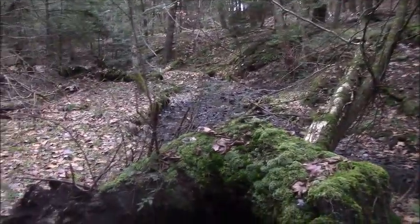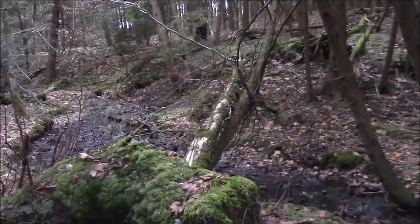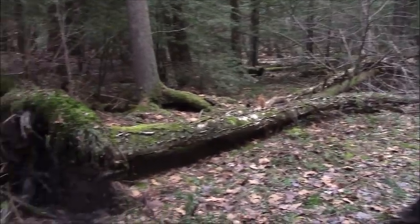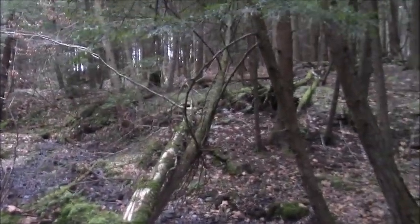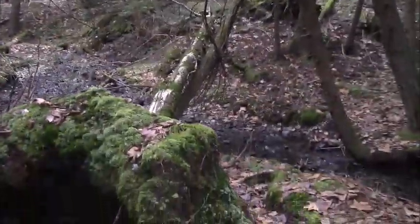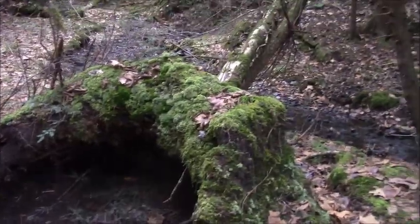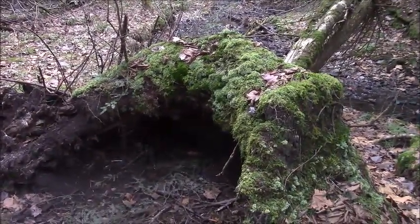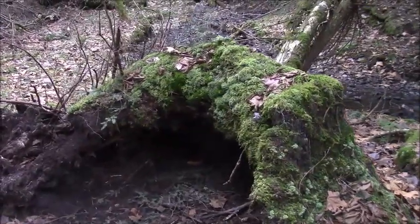And what I noticed from his tracks were he was using trees like this to cross the creek, just like running on down trees. So what I tried to find was 2 good locations where I thought maybe they'd use a log to cross the creek, and then somewhere at the base of that log, whether it was this one, just so happened it's the same log, find an uprooted section. But I'll show you the other set,